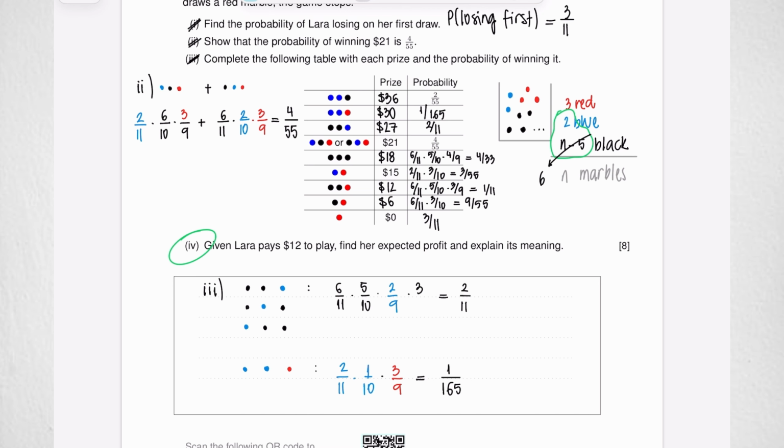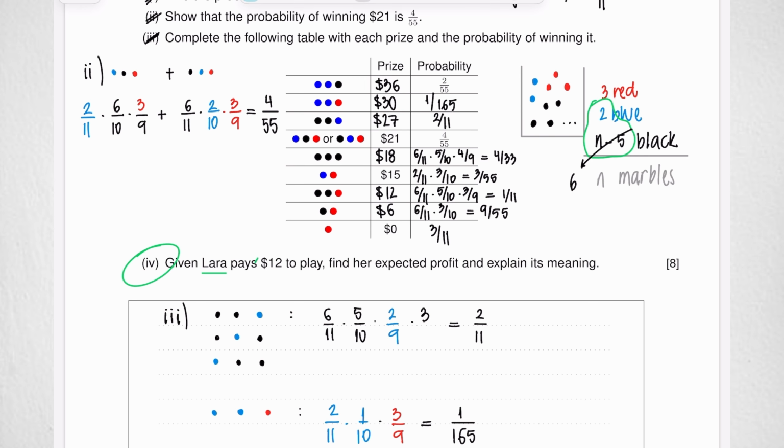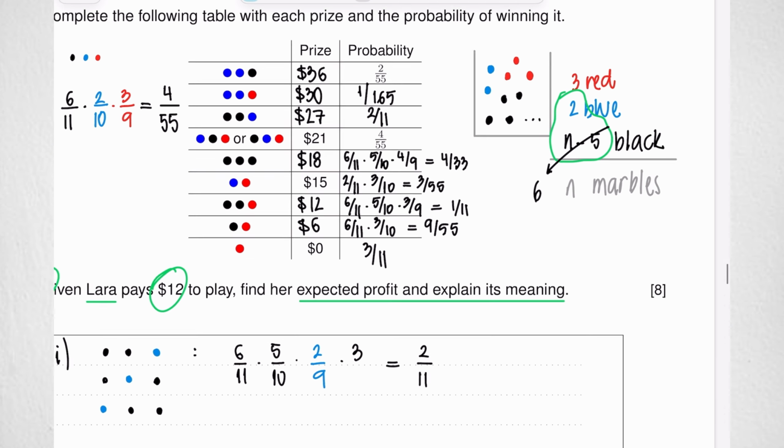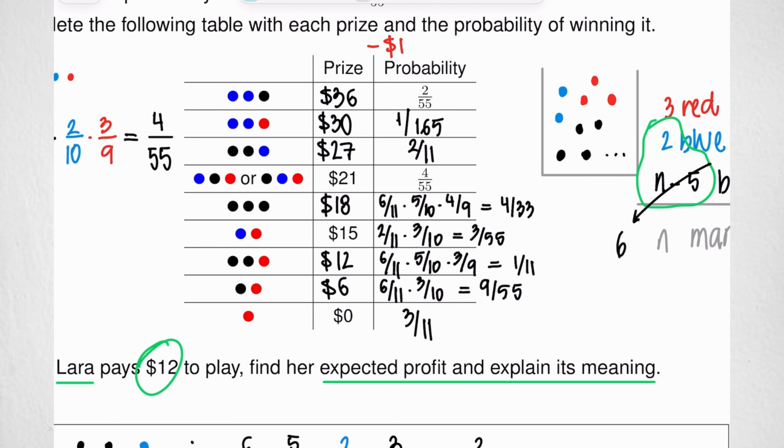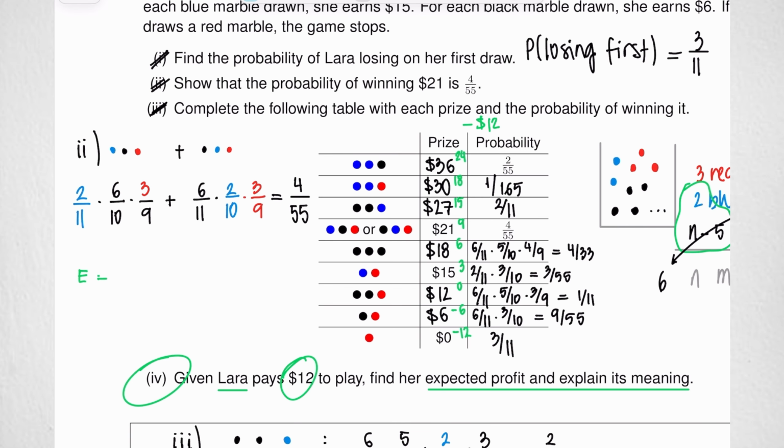Now let's jump to the last question. Given that Lara pays $12 to play, find her expected profit and explain its meaning. Now, this is the prize for each scenario, which does not represent the profit. The profit is for each one of these cases, whatever these are, minus $12, which means over here, 24, and then 18, 15, 9, 6, 3, 0, negative 6, and negative 12,